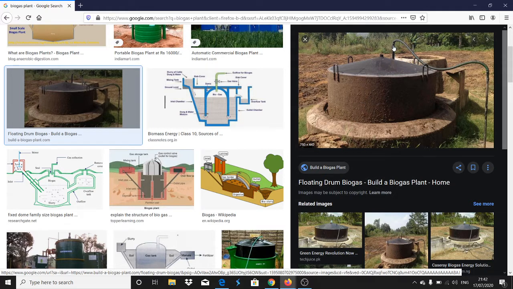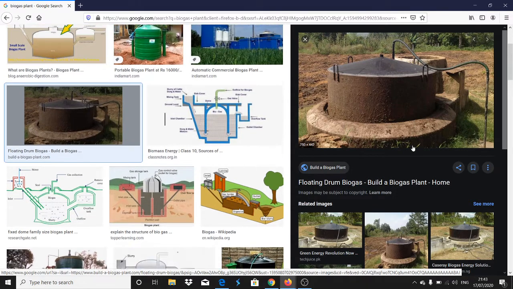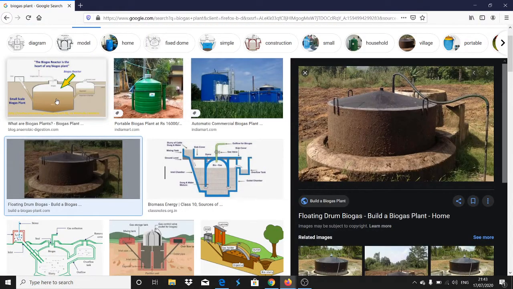And from this you can see this is a pipe. Through this pipe all the gases are collected. Now this pipe contains the biogas, and this biogas is collected. So that's all about this